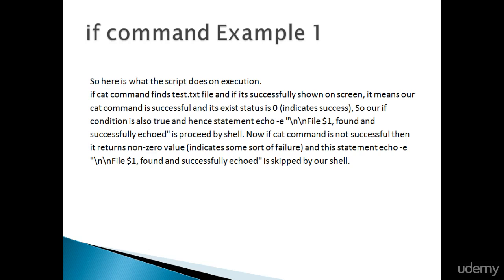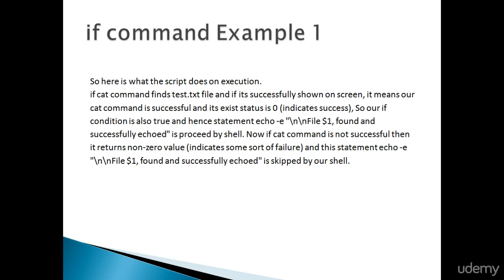So our if condition is also true and hence the statement is processed by the shell. Now if the cat command is not successful, then it returns a non-zero value, indicating some sort of failure, and this statement is skipped by the shell script. So this is how the if statement works.